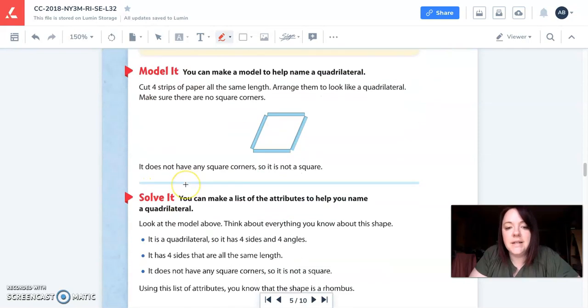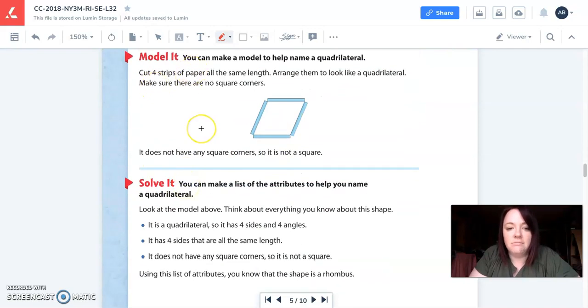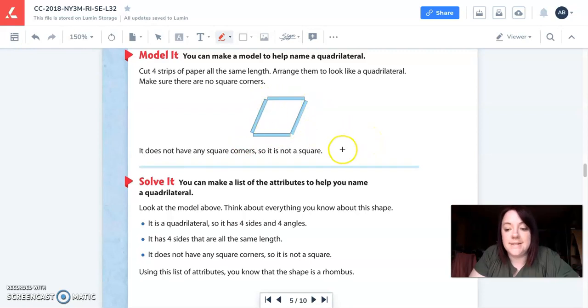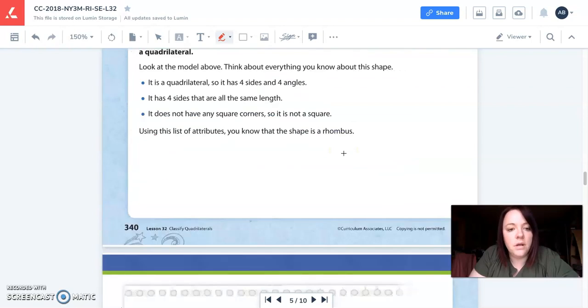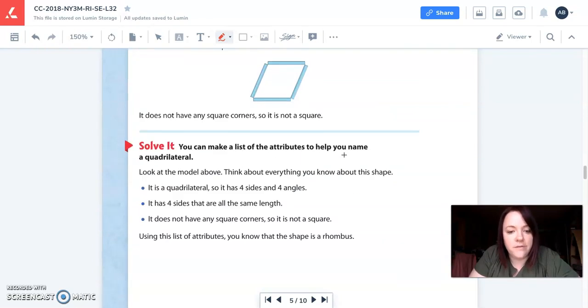Now, obviously, we cannot really cut paper unless you have paper at home and you'd like to. Go for it. Arrange them to look like a quadrilateral. Make sure there are no square corners. So, none of these have 4 square corners. It is not a square because a square has 4 square corners. Okay, look at the model above. Think about everything you know about this shape. It is a quadrilateral